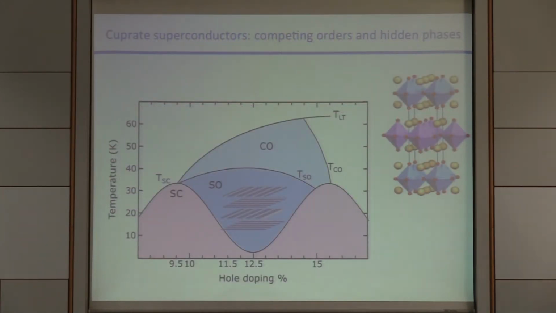Okay, first thing. When we started doing these experiments, we thought, let's just take this cuprate. This is a phase diagram of lanthanum barium cuprate. Take it as a placeholder for single layer cuprates. And this is Tc as a function of doping. Normally, remember, as you dope the system, you have a dome that peaks at 16%, where Tc is maximum in this family of compounds, about 40 Kelvin,